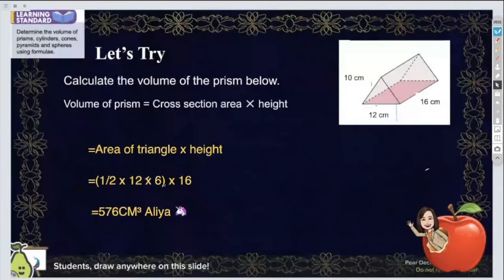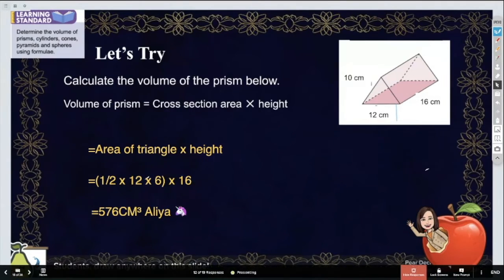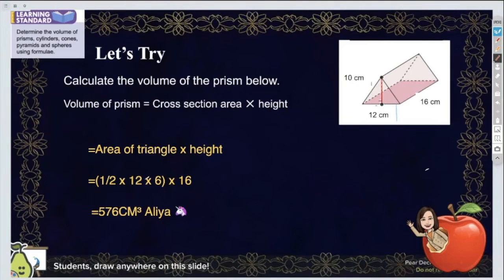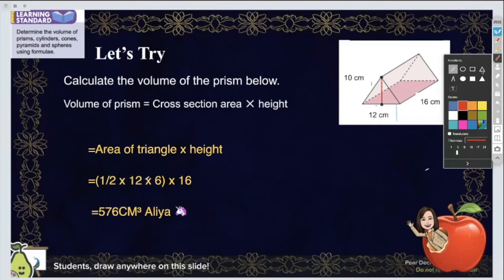Macam mana dapat 6? How to get this 6 here? The 6 here is wrong, when this height is not 6. Tinggi ini bukan 6. Sini sampai sini. Kita nak cari ini. Okay? Ketinggian ini adalah segitiga ni kan? Just now I mentioned that there's a triangle. Ini boleh lukis segitiga sudut tegak ke tak? Tak boleh kan rasanya. So I have to draw in this one. I use lukis-lukis tu tak cantik. Cikgu buat macam inilah. Cantik sikit. Guna garisan segitiga kan? So ini adalah sudut tegak.